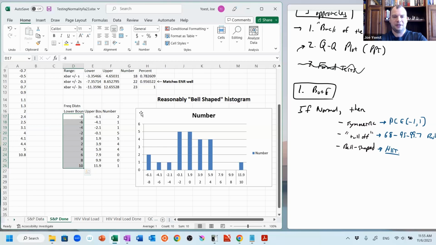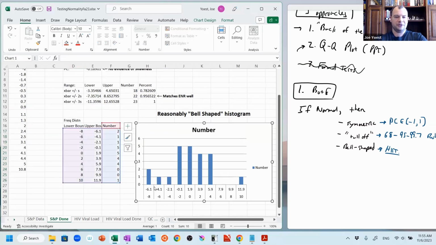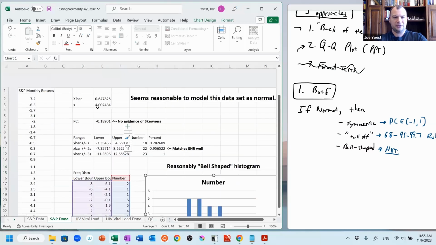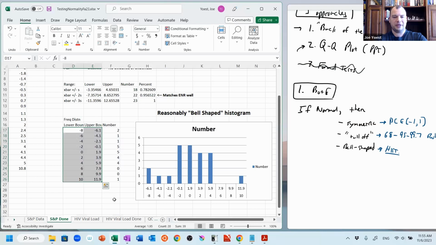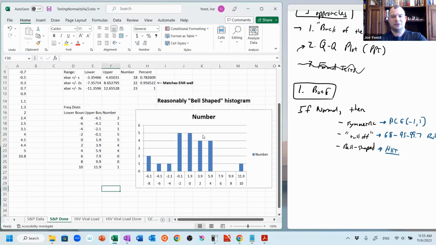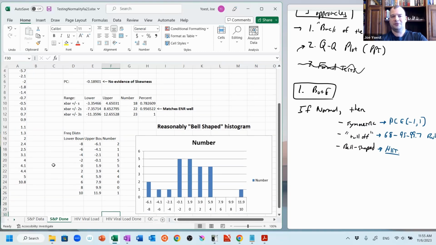And here for this one, I refined the histogram a little bit, and you can see that by using more bins, we get something that looks a little bit nicer. There's a clearer peak in the middle and tailing off to the sides. Again, does it look like a perfect normal distribution? Well, no, of course it's not going to